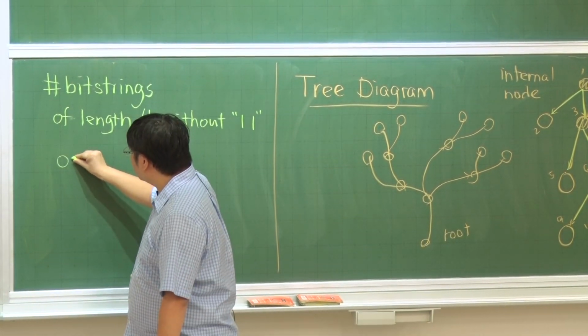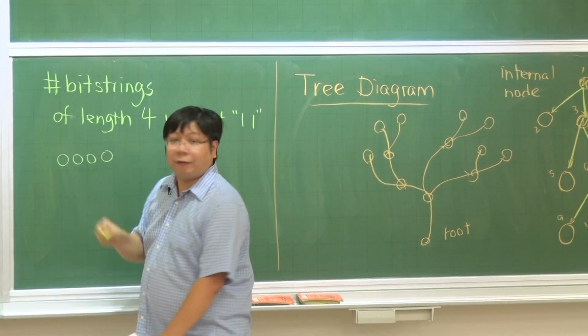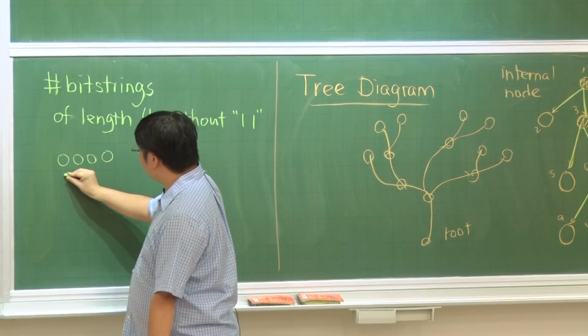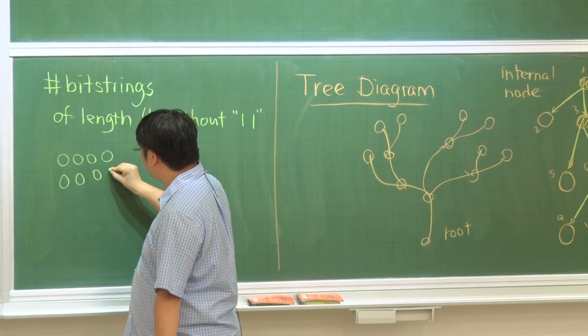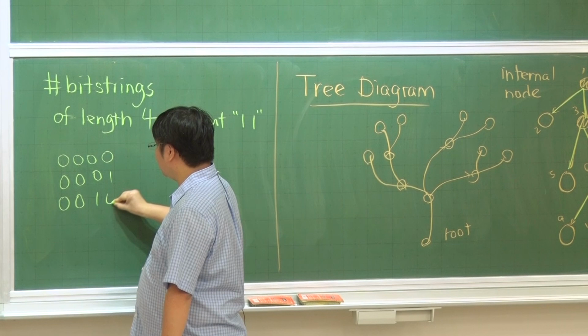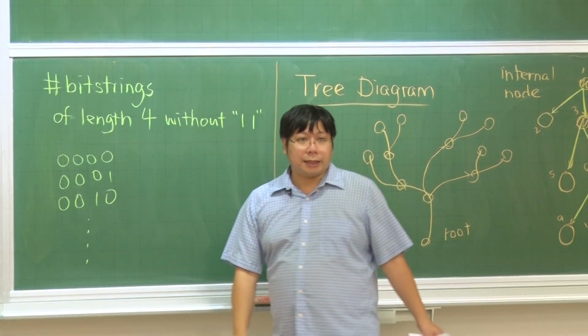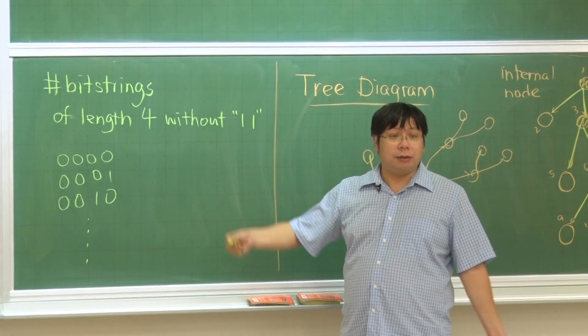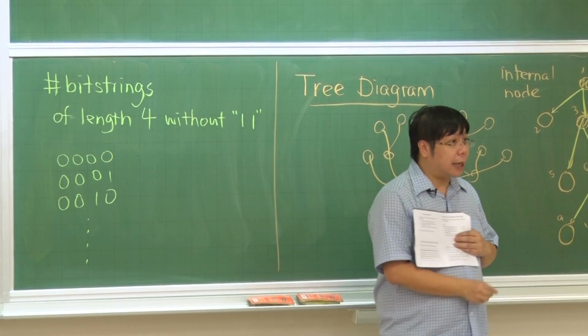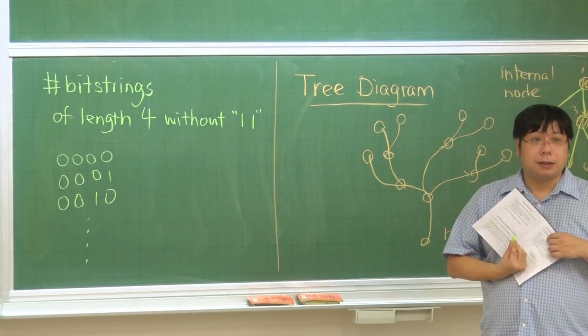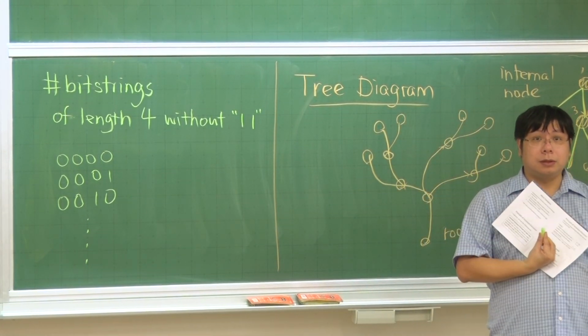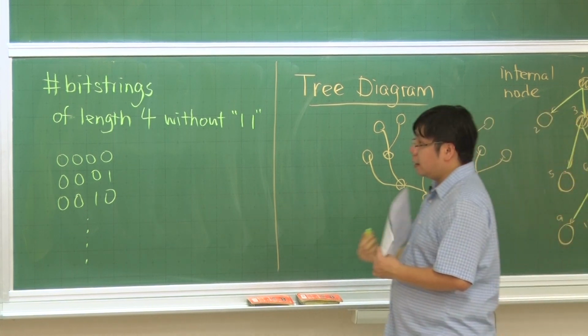You list out all the possible 4-bit strings. Okay, so 0, 0, 0, 0, 0, 0, 0, 1, 0, 0, 1, 0, and so on. You list out 16 of them, and then check whether each one has 1 inside or not. So this is one method. Okay, this works. Okay, another way